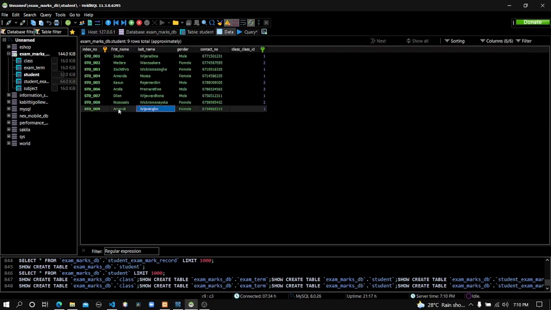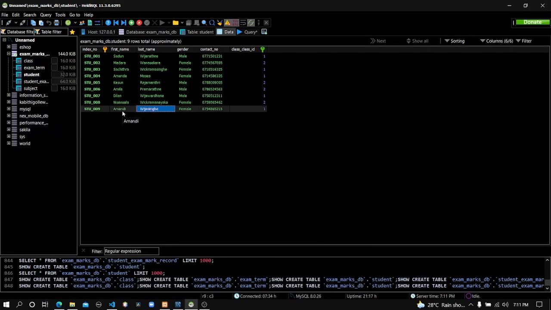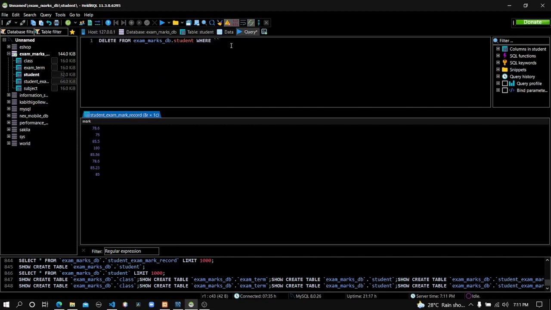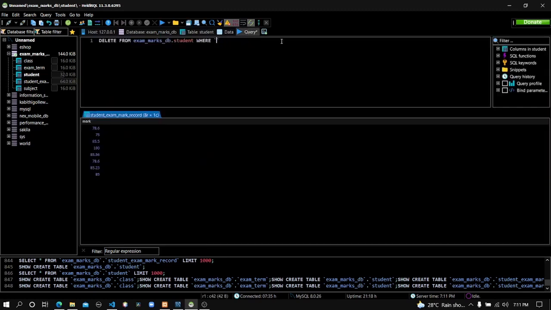So in this case, in the question, only the name of the student was given. So that means we can't use student ID. We have to use her name. And you can see there are two attributes which store the name separately, first name and last name. So here's the first name, first condition. First name should be equal to, let me copy one, first name should be equal to Amandi